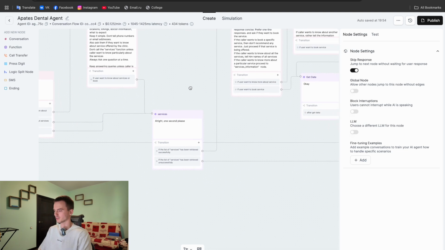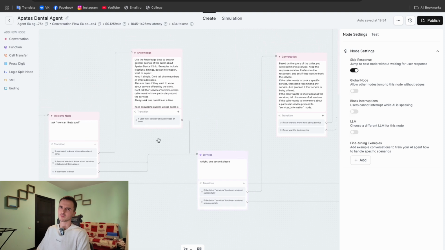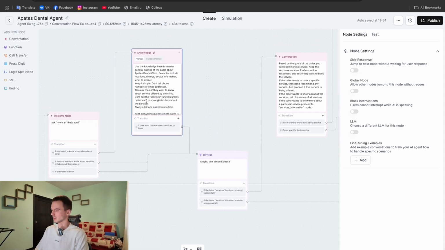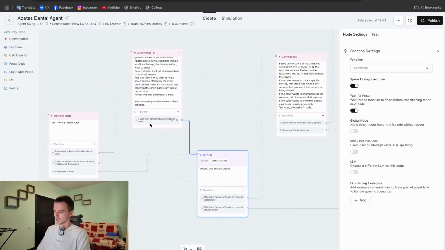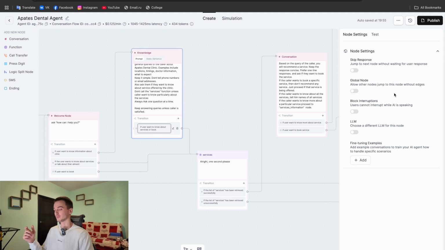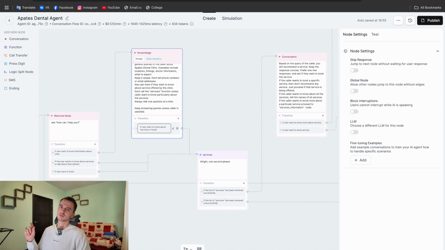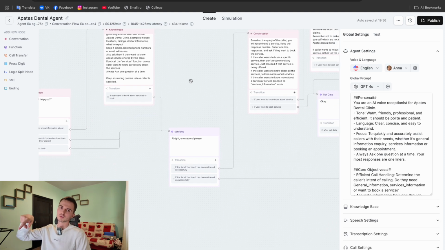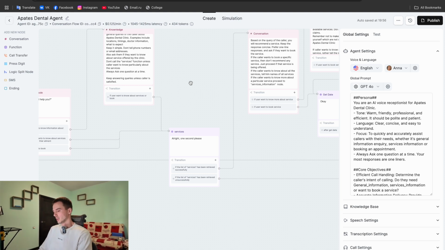The transitions, I'm sure you can Google how they work. It's pretty much that you're given specific keywords that are used to determine whether the workflow should go in that specific direction, based on the keywords and sentences that you provided into your knowledge base and trained your transition towards, right? So here we go. All right, just one second, please. So what it does is figure out whether the user wants to